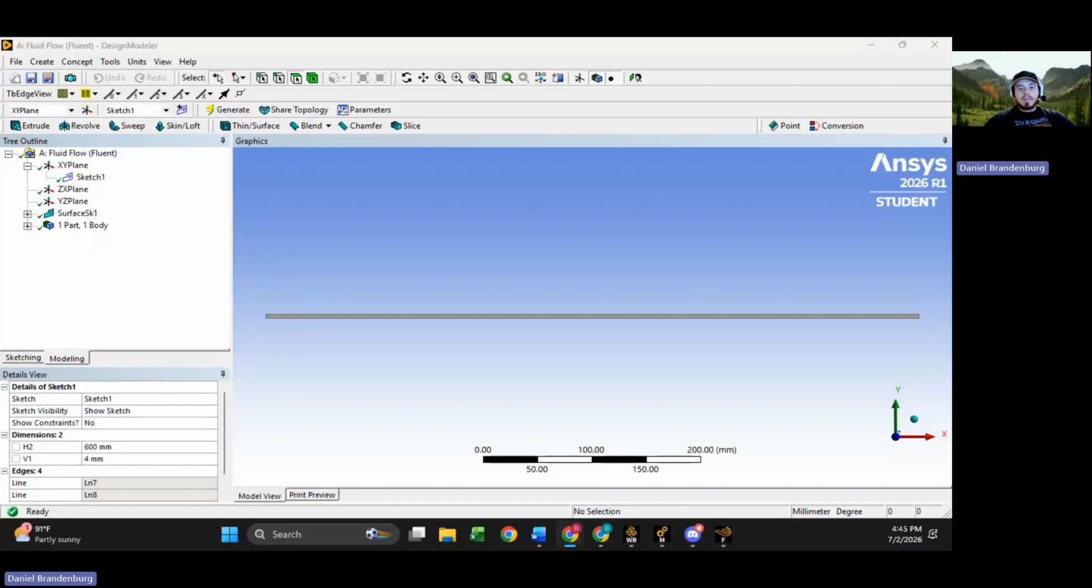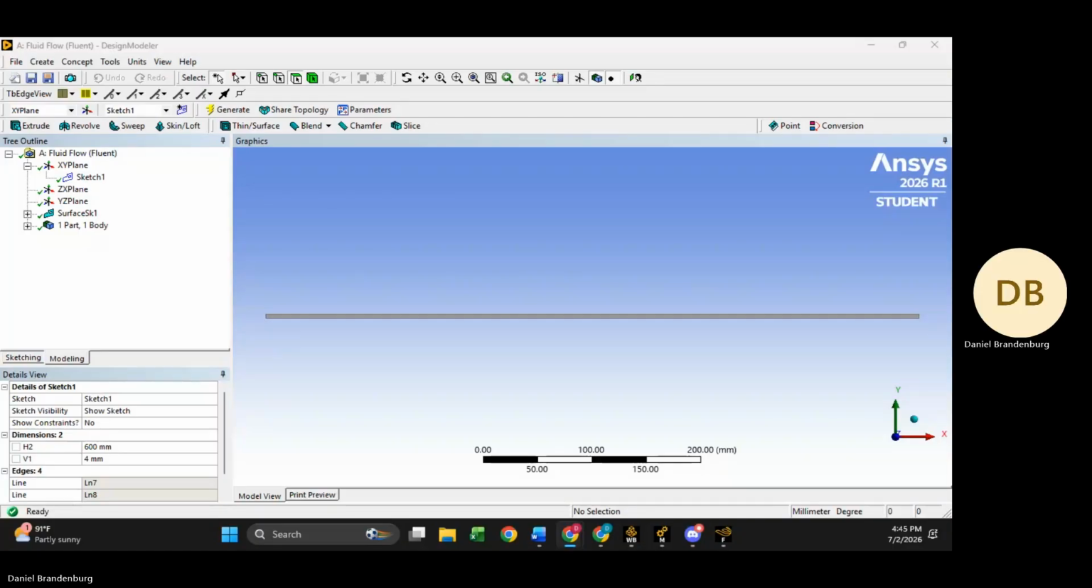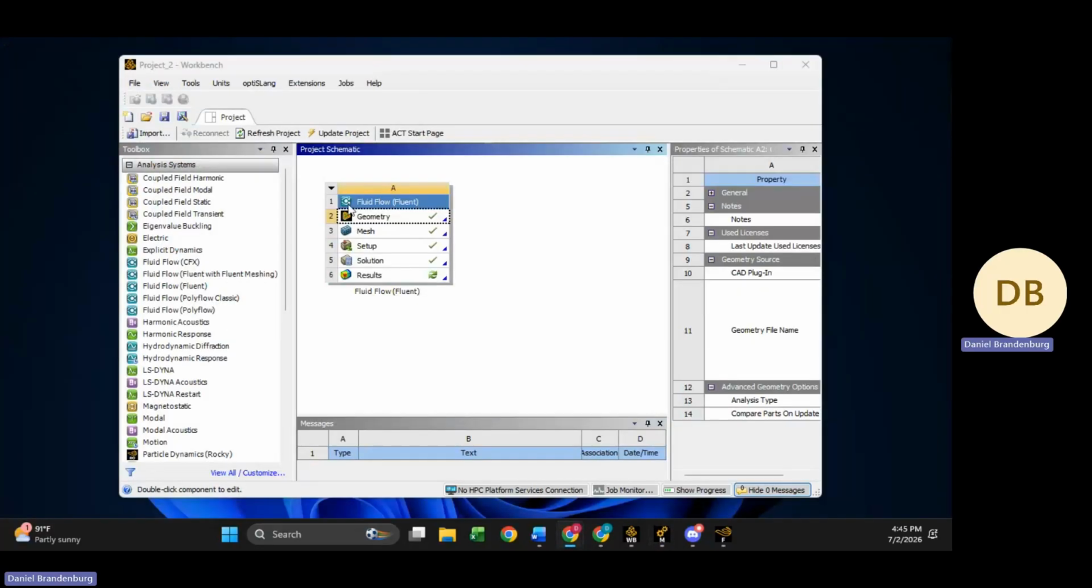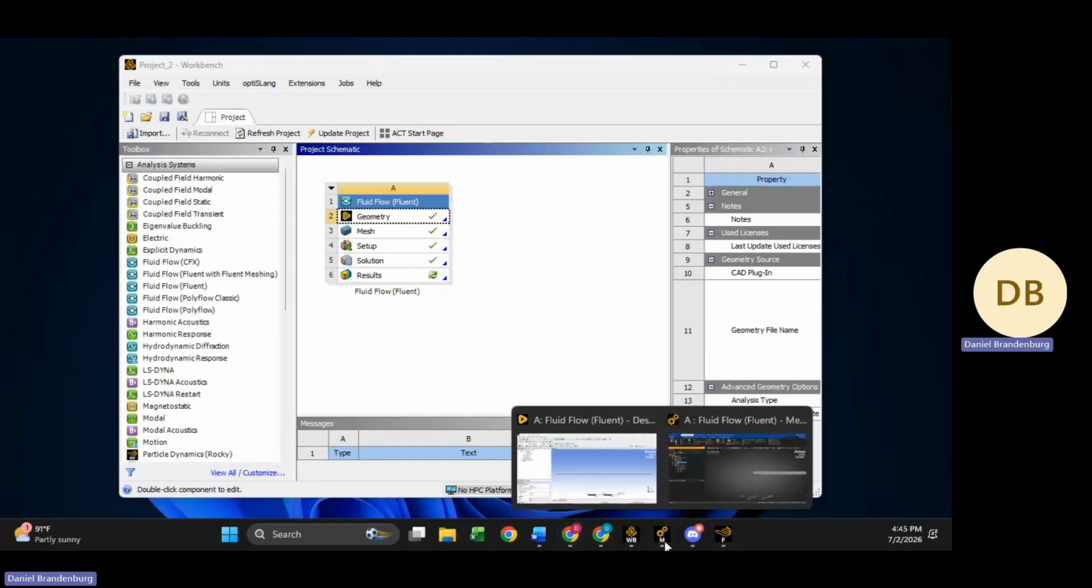This is for Fundamentals of Aerodynamics. This is Project 2. So let's go and get this started. Hopefully you guys can see my screen. All right, so I already have the project set up and complete, so I'm going to walk you guys through